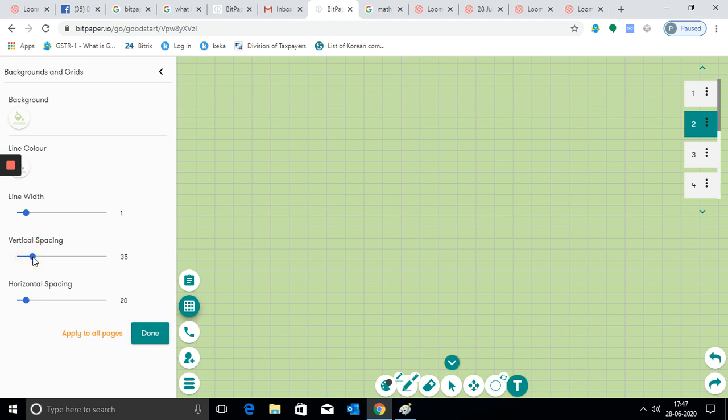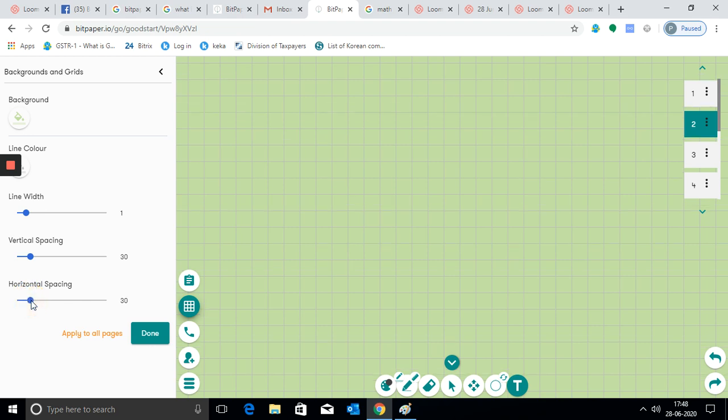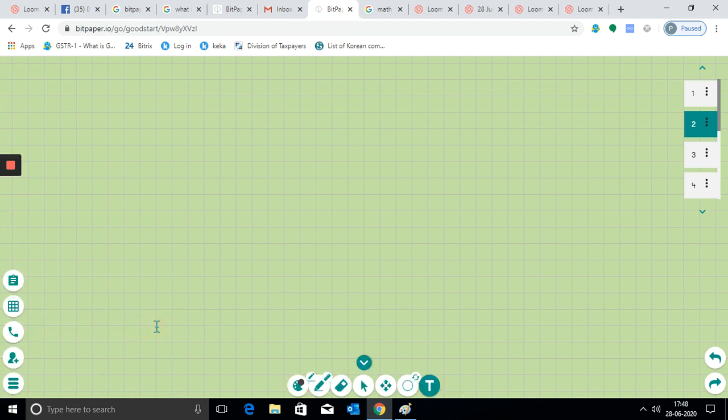You can adjust the vertical spaces so that it will change accordingly, and even the horizontal space can be changed accordingly. And you can change the color of the line too. So this paper can be used as a graph paper, for anyone who wants to draw a graph.